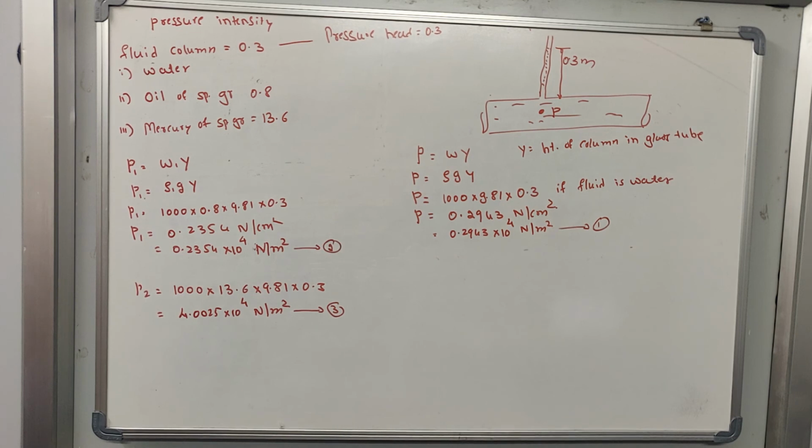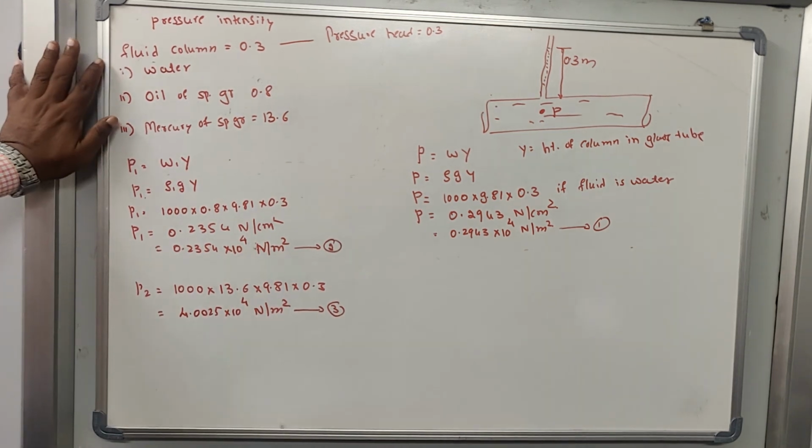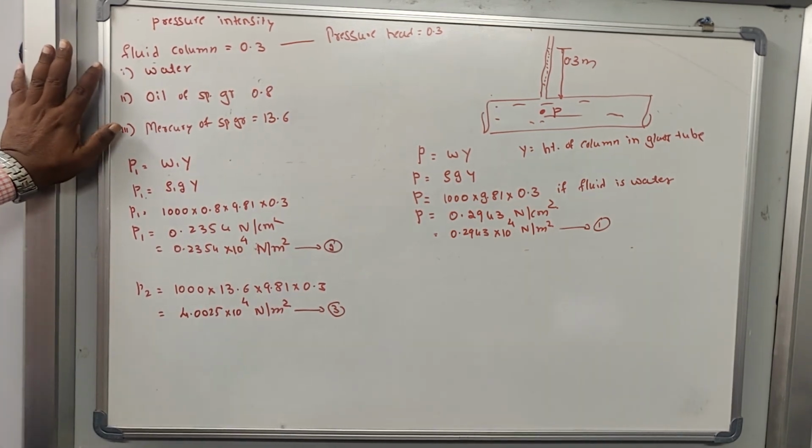So in the next class we will discuss how to measure the fluid pressure by using the manometers. There are different types of manometers: a simple manometer, inverted manometer, U-shape manometer, and the inclined manometer. So another 1 or 2 classes we will discuss on unit 1. Then we will upload all the notes and the numerical problems. So please go through that. Okay, in the next 2 classes we will discuss how to measure the fluid pressure by using the manometers.